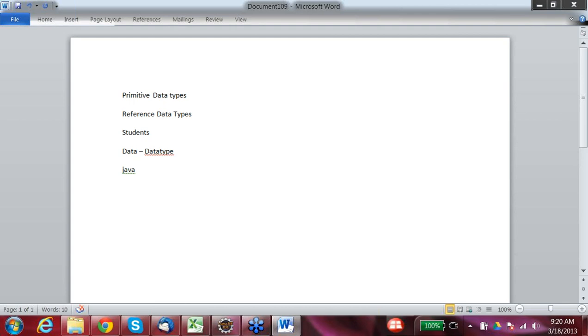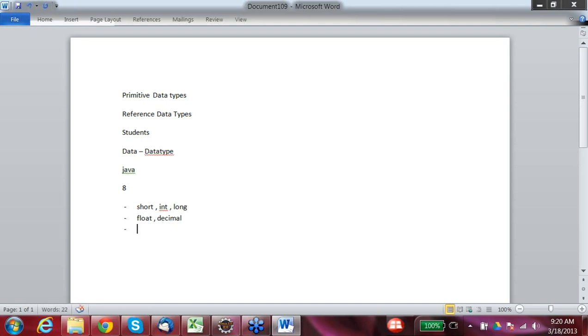We have 8 primitive data types in Java: short, int, and long, which store whole numbers, and then to store decimal numbers we have float and double.